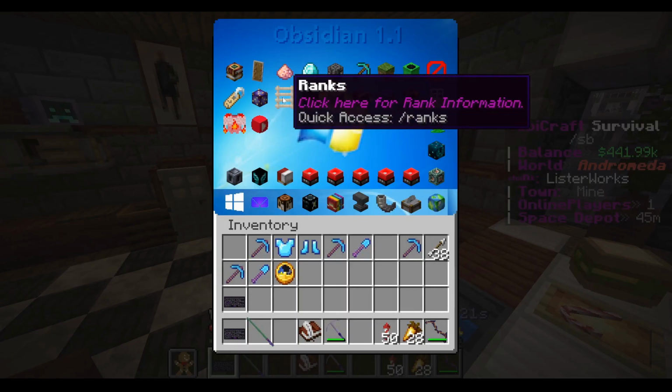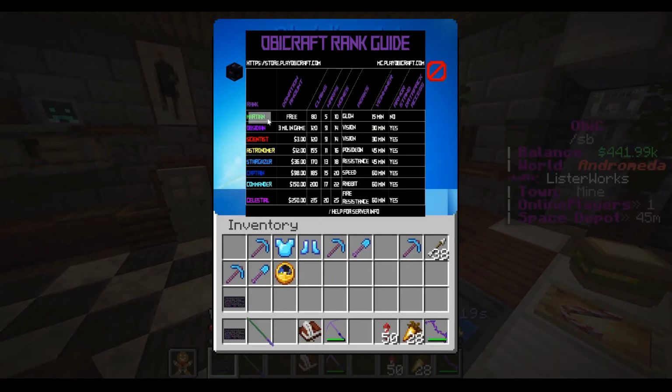And next we have the ranks. So this will give you a breakdown. It does not have everything that you get access to. Some of the things are brand new, but this is an overview of the different regular perks you get: glow, vision, Poseidon, resistance, speed, rabbit, fire resistance. And it gives you the donation amounts that you would have to contribute, or see the free obsidian